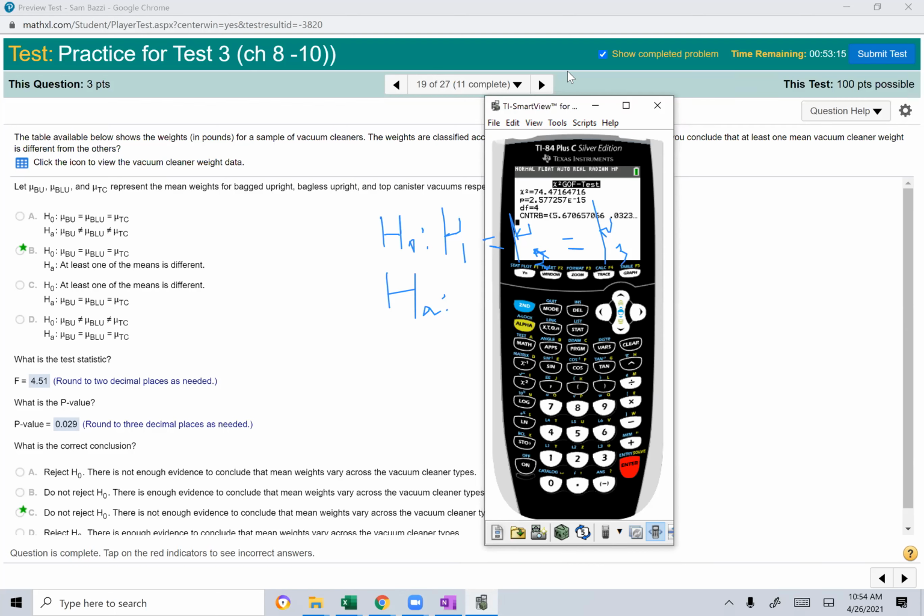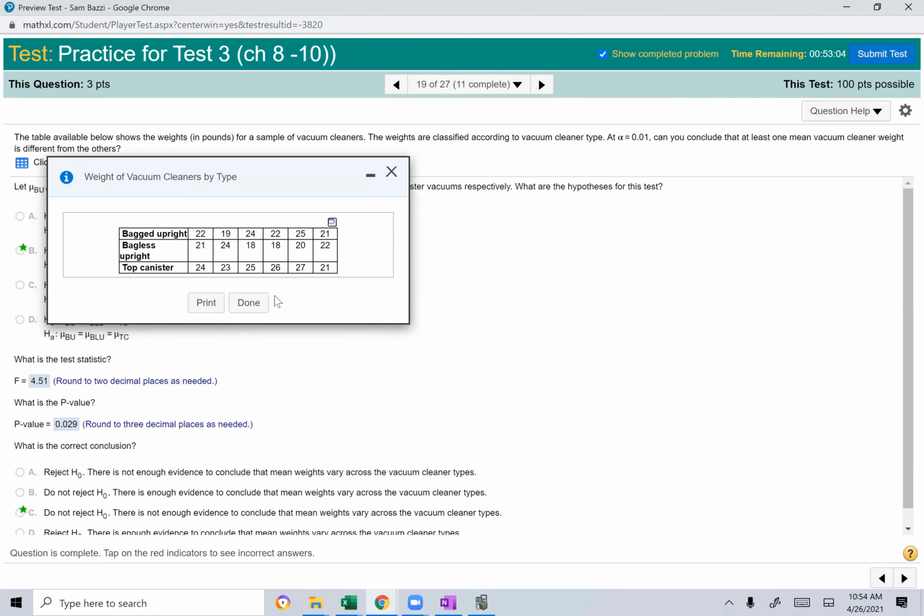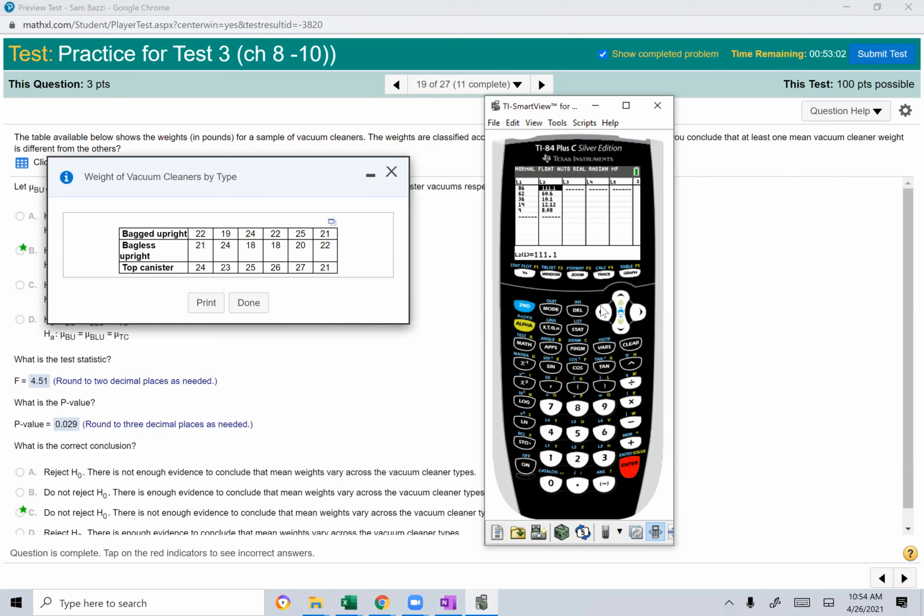You have to input the data into your calculator. So let me just clear here. You go to stat, edit, and I need the list. So let me just get the list. That shouldn't be very much of a task, guys, for data entries. You can see it's not much work to do data entries here. In the book, you see them in vertical format. The samples are in row format just to make space here. But it's the same thing. So 22, 19, 24, 22,